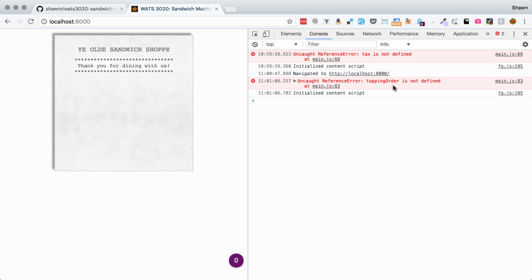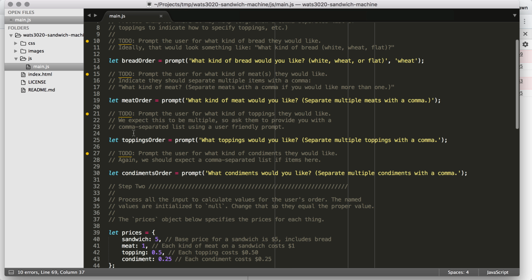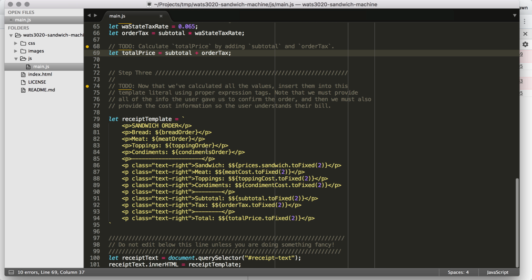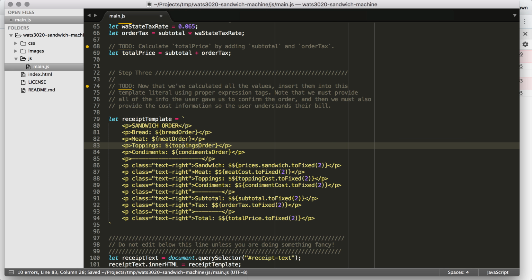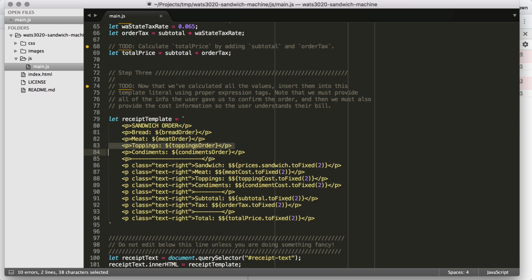Oh, no, and now topping order is not defined. So I think I made another typo. So I was obviously going too fast. We called it toppings order and condiments order. So I was missing an S there. So again, it told us line 83, and if we look right here, that happened right there on